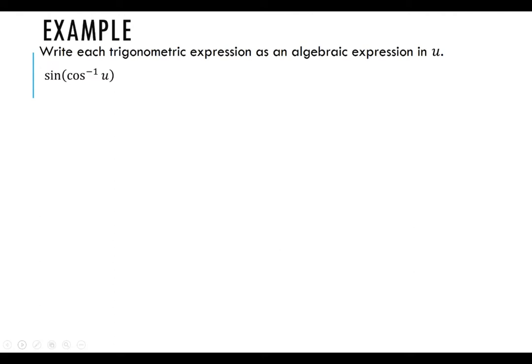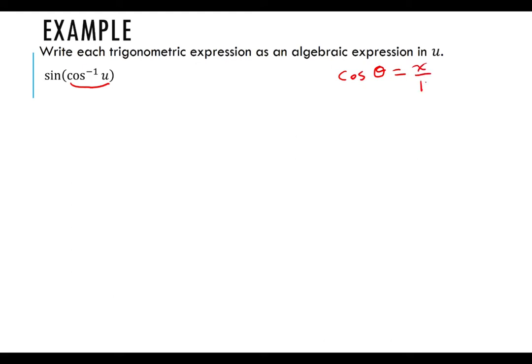Alright, well, step one is always to return to your definitions. Your definitions are key. They are what are going to get you out of this. So first off, let's consider that we have this cosine inverse of u. Now, let's write down what is the cosine inverse of u. Well, in general, if you have some angle measurement, I claim that cosine of theta is equal to